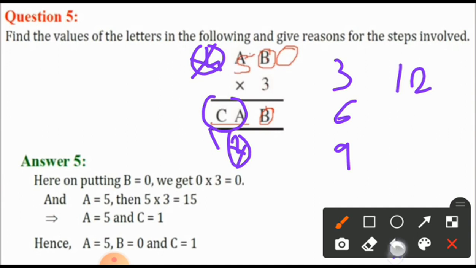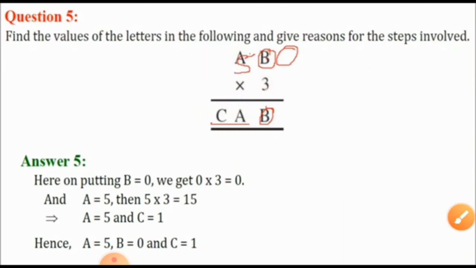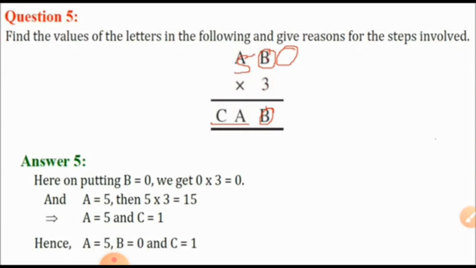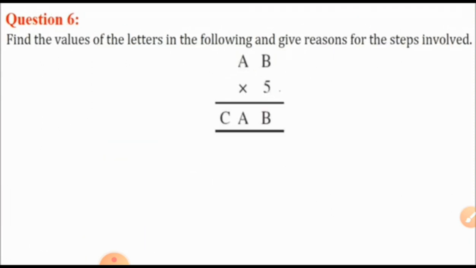In place of that, if I put A is equal to 5, let's see what the answer will be. Is it? Let's check it. A is equal to 5. So 5 3s are 15. So A is equal to 15. Here is also 5. So our answer, we got it: 5 5. Is it correct? So because of this, our answer is B is equal to 0, A is equal to 5 and C will become 1.